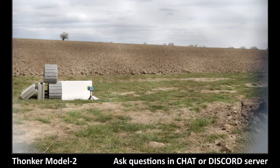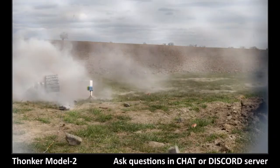It was loud, but still we were not doing anything illegal or on property that was not ours. So for safety, no one was there again, and all of the debris was collected, and multiple things happened here. Again, it's overpressure, that's the main thing. We also had a new test stand which we did not manage to test because the test stand ended up in powder form. So this is how it went,